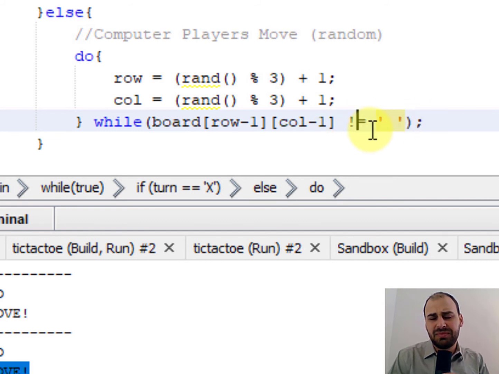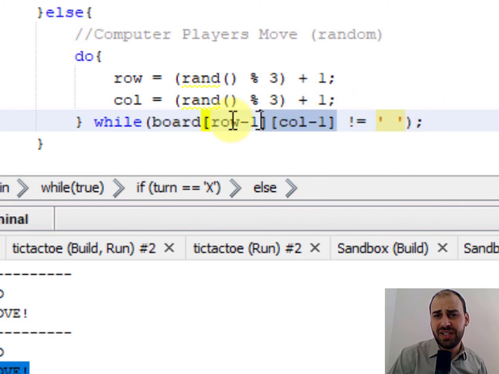Oh, I'm sorry. Yeah, I was right the first time. So if we randomly found a place, if we randomly found a spot, we randomly look at a cell. And we say, hey, wait, that location, that cell is taken, right? If we do that, then we want to come back around and run it again, okay? So actually, I'm sorry, I keep going back and forth, right? We want to make sure we have the true false correct. So while we want to continue looping while this location is not blank,